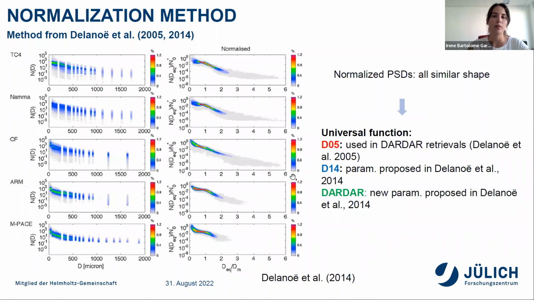As an example, you have here the results from Delanoë. On the left side, you have the observed PSD for different campaigns, and on the right side, you have the result of applying the normalization. As you see, the shape of the different campaigns is similar. There are some differences that they argue are related to the microphysical processes, but in general now all the data